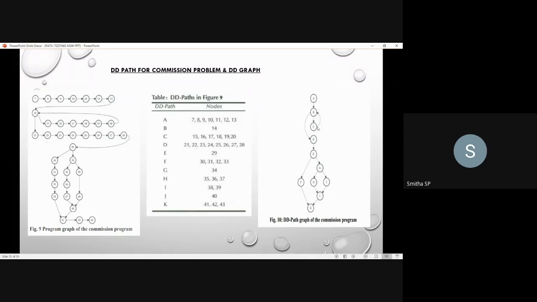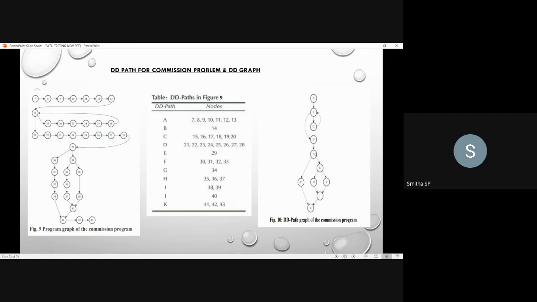There is a control flow from C, that is from the sequence 15th to 28th. Again, there is a backward arrow to the 14th node, so that is represented as a backward arrow from C to B. Then moving to D, that is the 21st to 28th sequence node, it has a control flow from 28th to 29th. What is the 29th node? It is E. So D to E, you have a control flow.